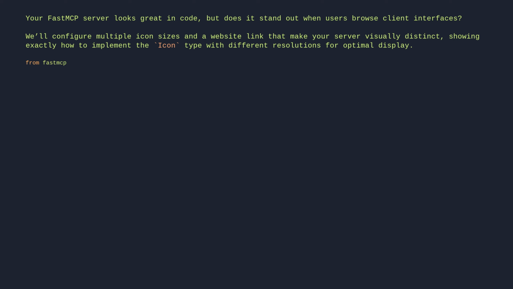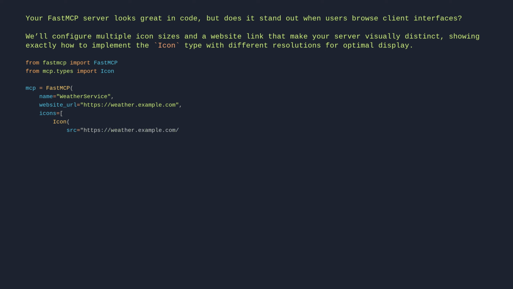From fastmcp import FastMCP. From mcp.types import Icon. mcp = FastMCP(name="weather service", website_url="https://weatherexample.com", icons=[Icon(src="https://weatherexample.com/icon48.png", mimeType="image/png", sizes="48x48"),